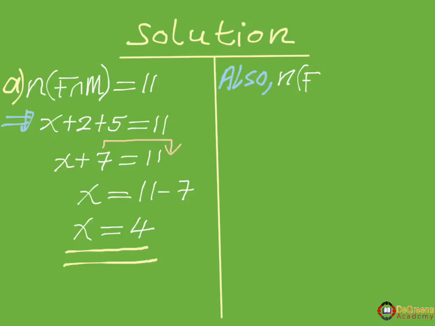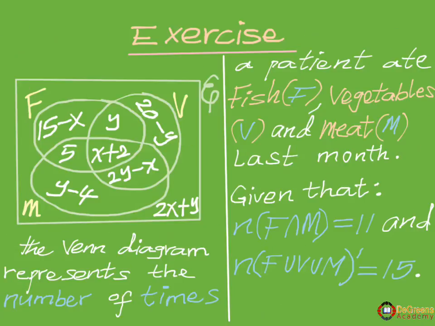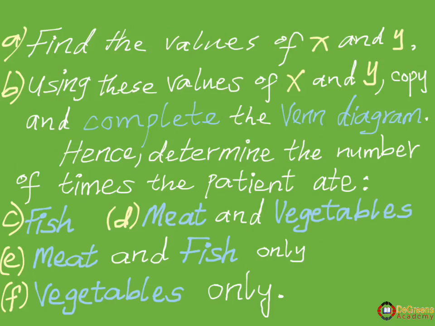Also, we have that the cardinal number of F union V union M complement is 15. And looking at the Venn diagram, you see that the region not found within any of the circles contains 2x plus y, which means that 2x plus y is the cardinal number for F union V union M complement. Therefore,